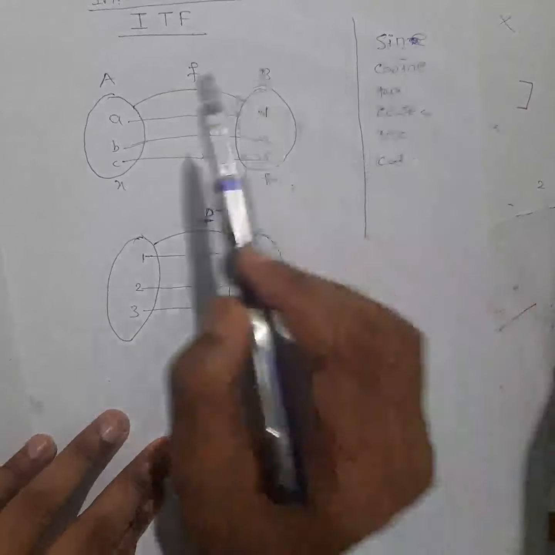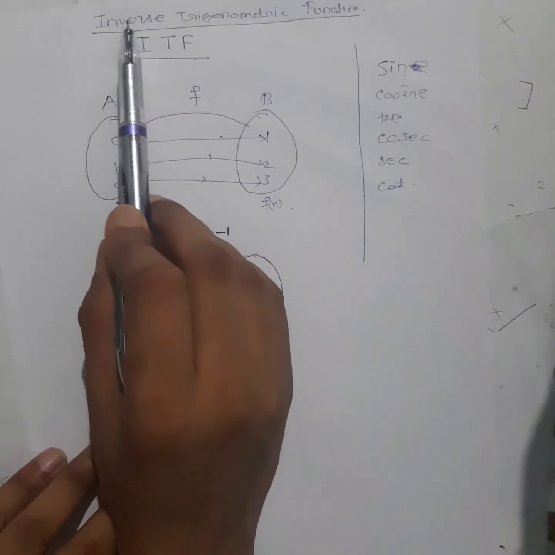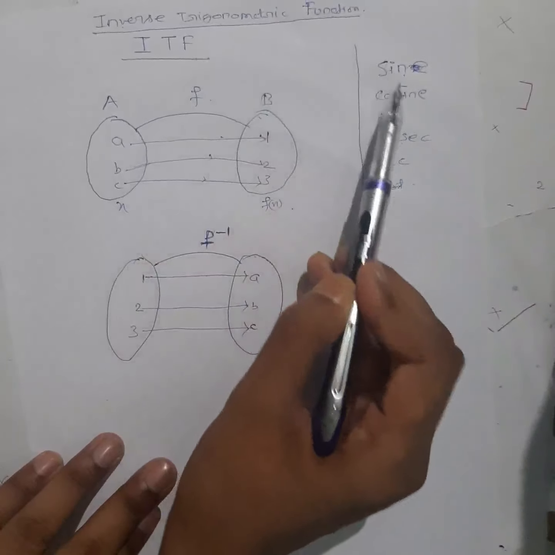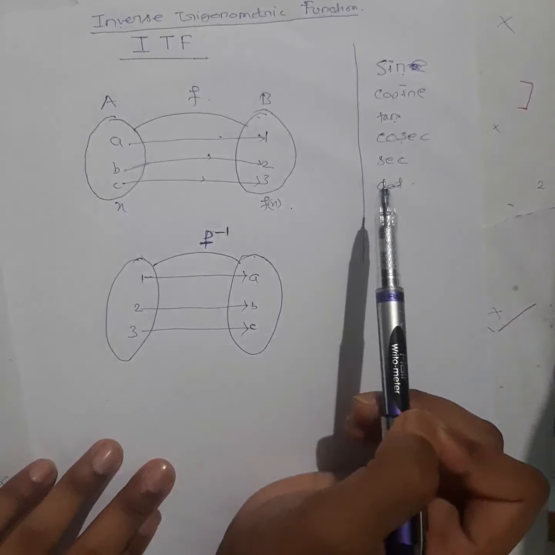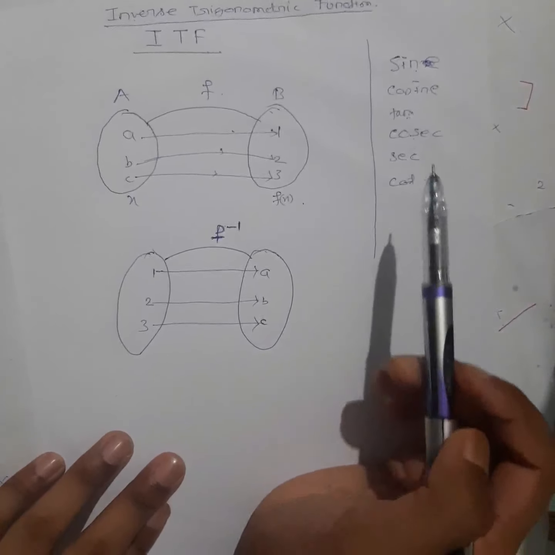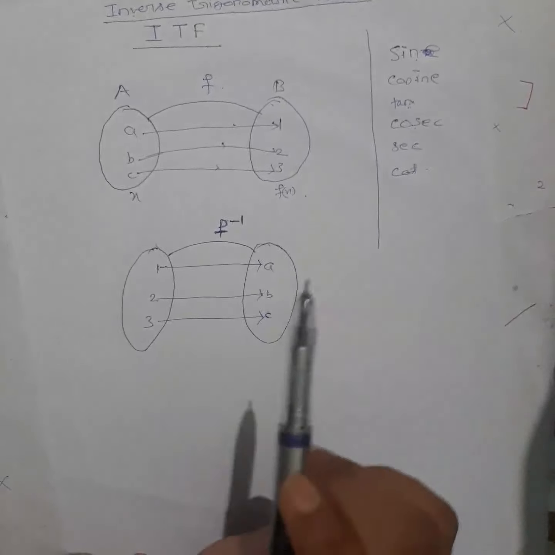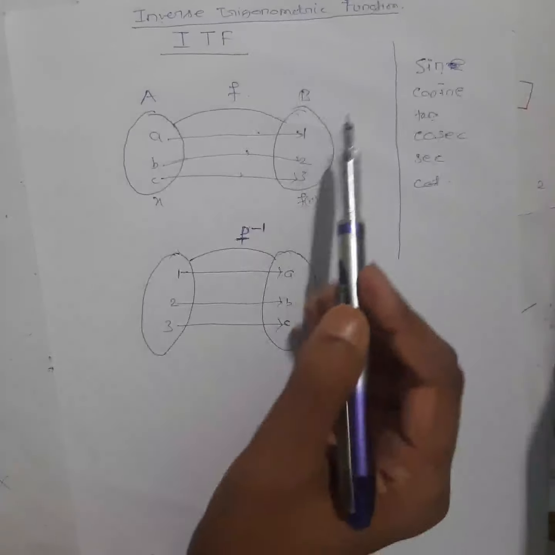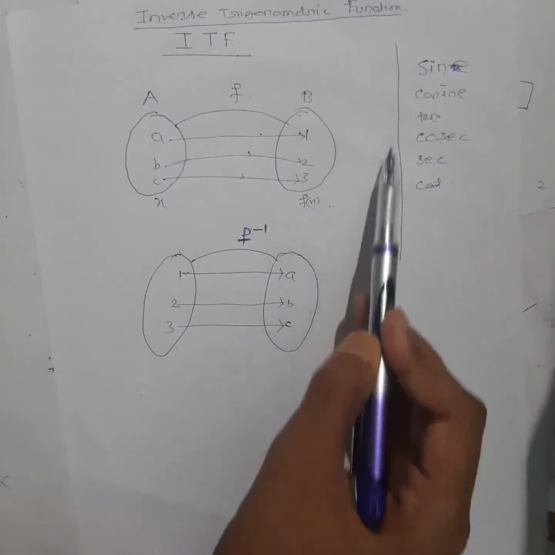Right, now in this class what we will study is the inverse of these trigonometric functions, inverse trigonometric functions. Now to understand inverse trigonometric functions, your first chapter must be clear properly. So try to see that one carefully and understand, and then you can understand this one. So see here, getting an inverse trigonometric function means what? I have to find out the inverse of this one, right?